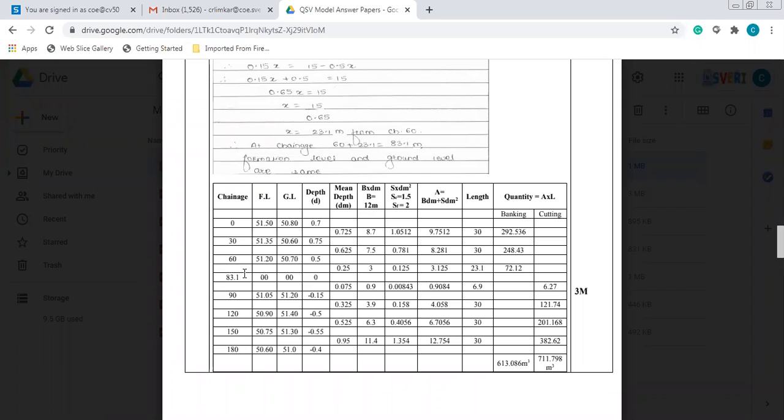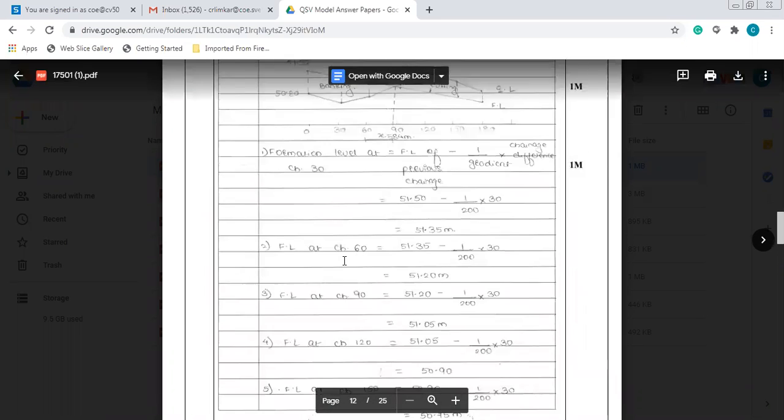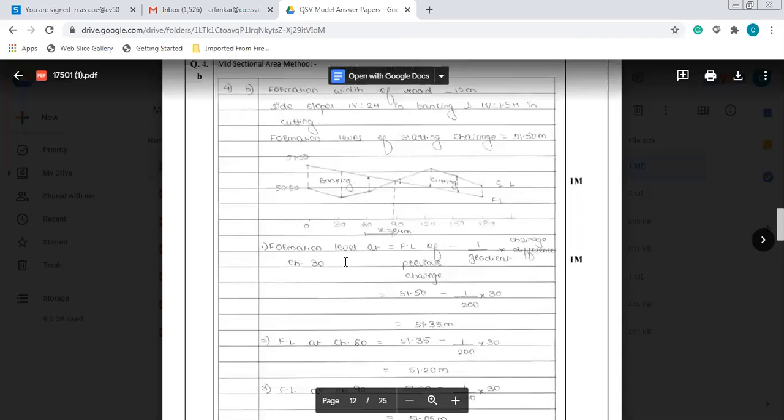Now at this time you are going to see the formation levels, that we are going to determine. It is not given in the problem. So the ground level table readings are given, and only the FL, the first reading, is given to us. Now we will directly start with the problem.